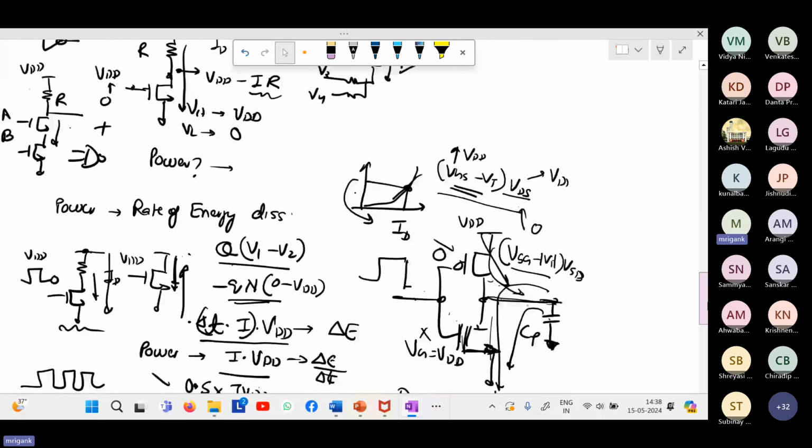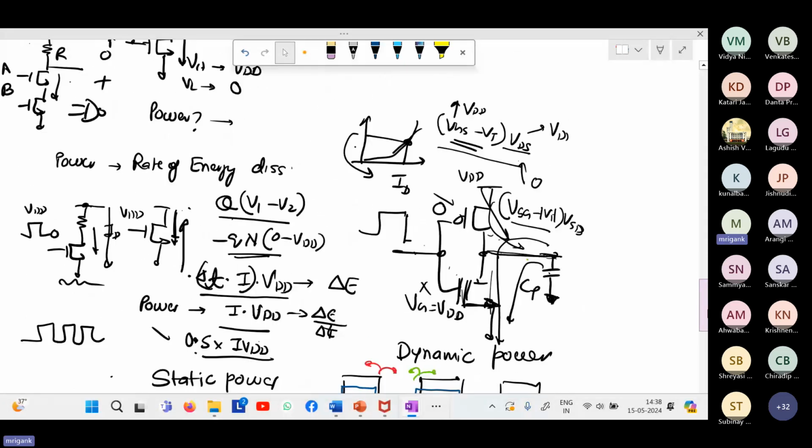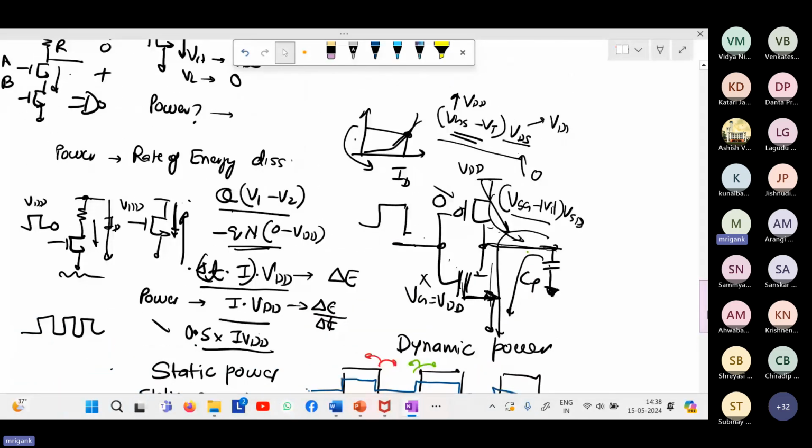We did some more detailed analysis of the power consumption problem, and why power consumption in analog circuits can be more, especially if you have millions and billions of these gates, each gate consuming, say, a fraction of a milliampere. Multiplied by those millions of gates, it will lead to huge power, which is not practically possible, right? So per chip, we cannot have that much power. That's why using analog circuits alone, we cannot do such large scale computing. Every large scale computing operation is transferred to the digital domain.